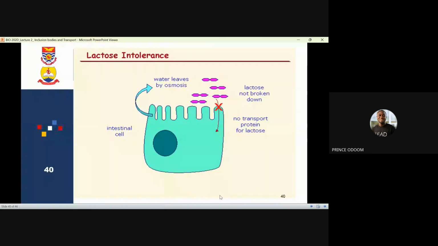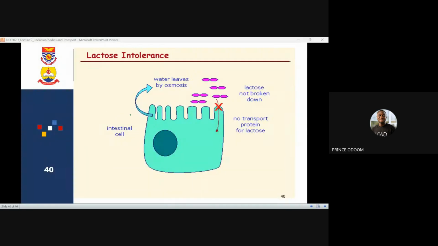And the same thing happens with lactose. So you see some people, they will tell you that they are lactose intolerant. It means that either they don't have the lactase enzyme to break it down, or the transport protein. Remember I told you that transport proteins are specific to specific molecules. So you have transport protein for lactose, for amino acid, for glucose, and so on. So it means that you lack the lactose protein, and so they have to inject you with the lactase enzyme